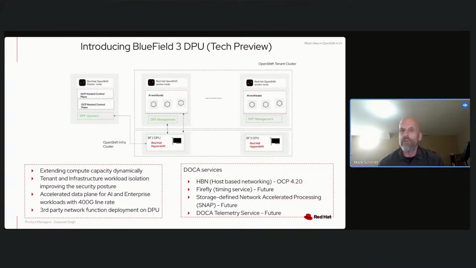The support is based on a new architecture which has DPF, which is NVIDIA's DOCA Platform Framework operator at the core. DPF is responsible for provisioning and lifecycle management of the DPU. The key benefits to a customer deploying BlueField-3 can be summarized as data plane acceleration, security isolation, and dynamic compute capacity expansion. The deployment consists of 2 OpenShift clusters with infrastructure workloads on the DPU infrastructure cluster and application